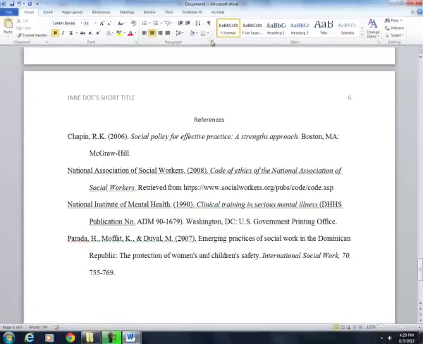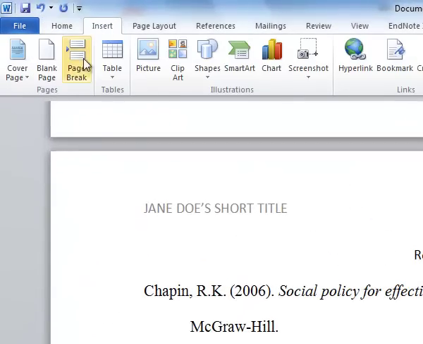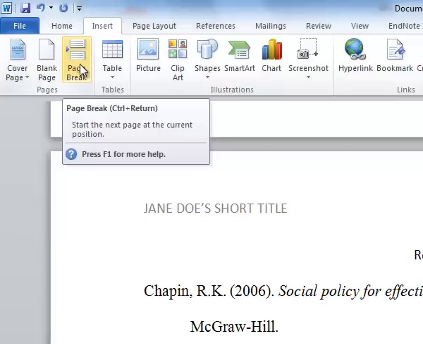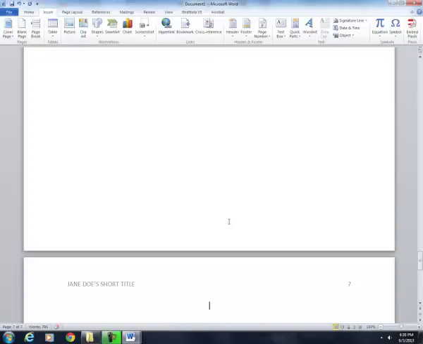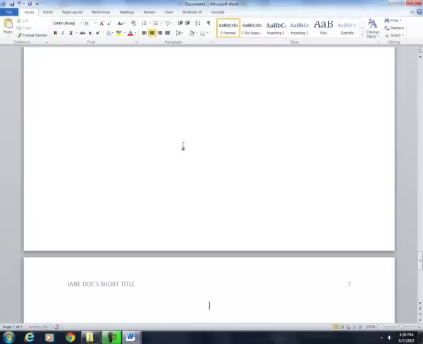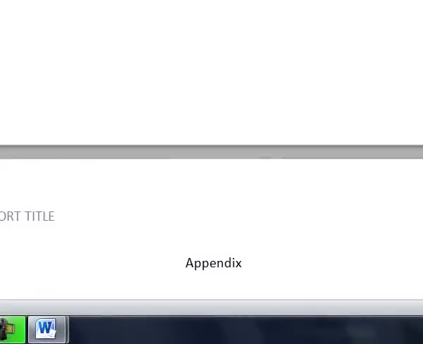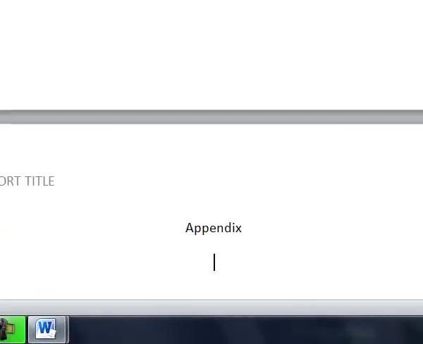Now, there is one additional component that can be included in an academic paper, and I'm going to show you how to include that right now. For this, I'm going to want to make sure to include or insert a page break after my references, and then I'm going to include a title for this particular section, and the title is Appendix. This title should not be bolded. It's just listed as Appendix, and then under the word Appendix, you want to make sure to include the title